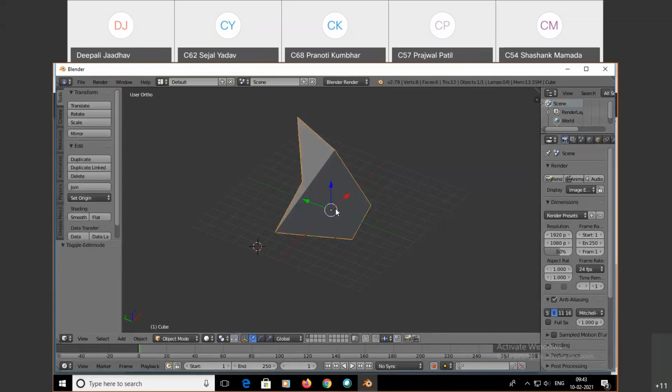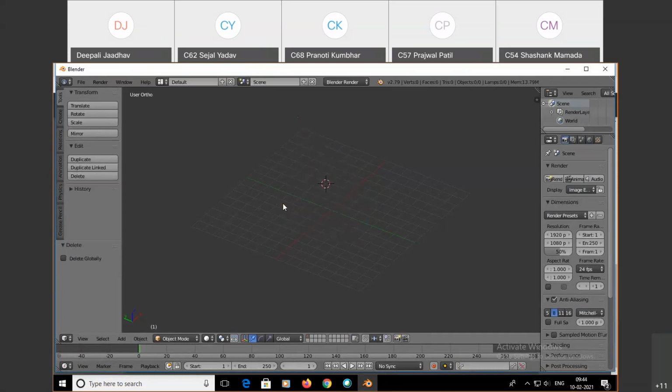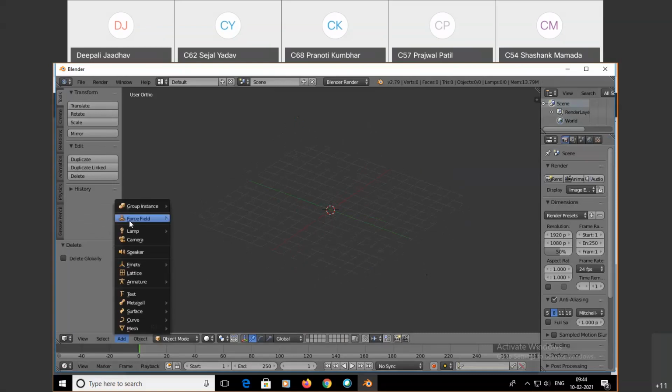Now it's object mode. I delete this one, X, delete, and add another object. I first press Shift C. Add mesh cube.